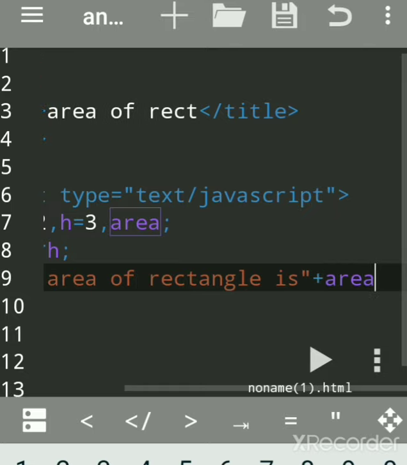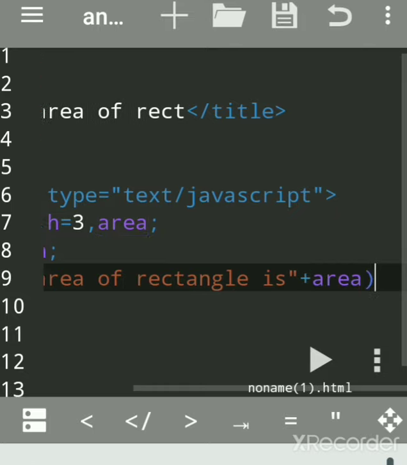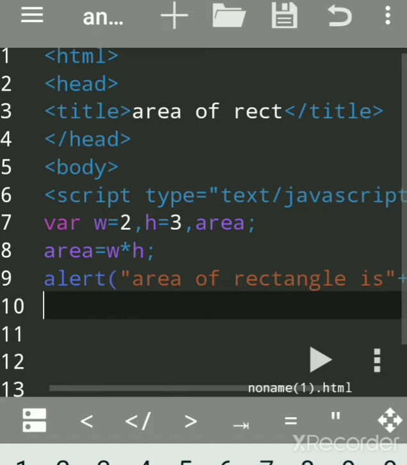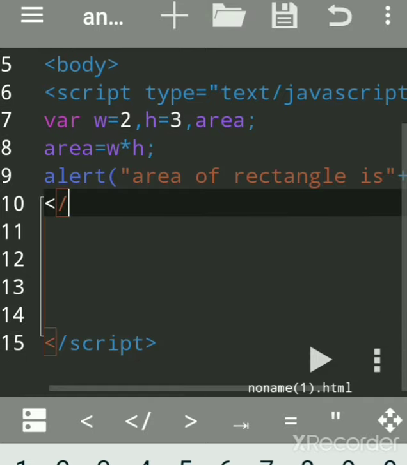This plus is not a calculation, it is to join. Do not give double quotes for the variable when you want to print its value. Put a semicolon, then close the script tag.